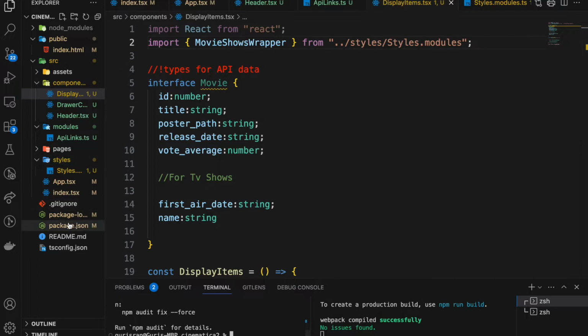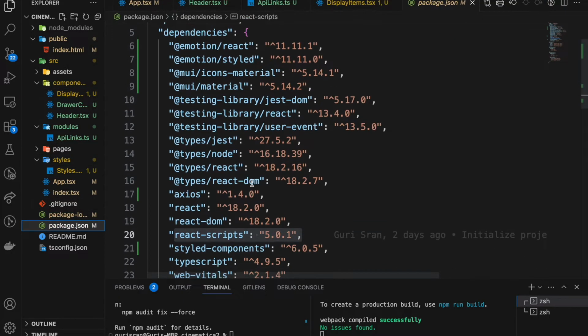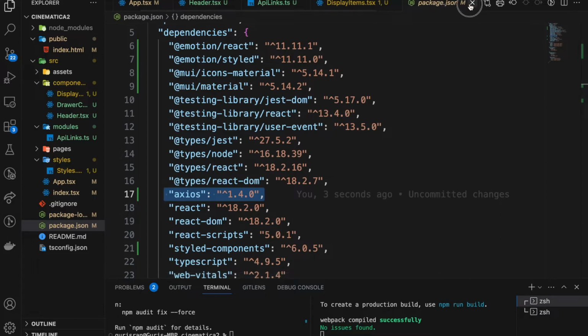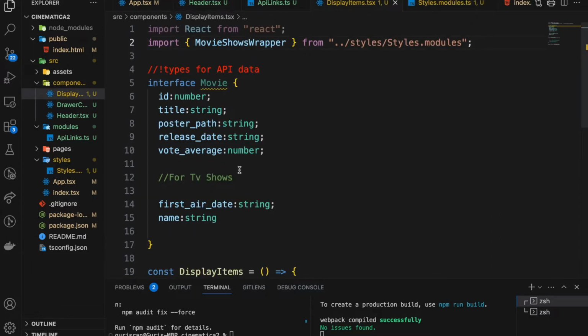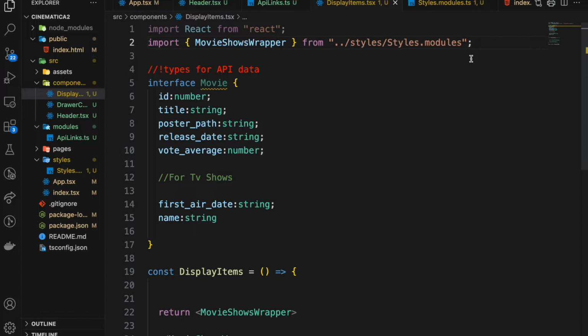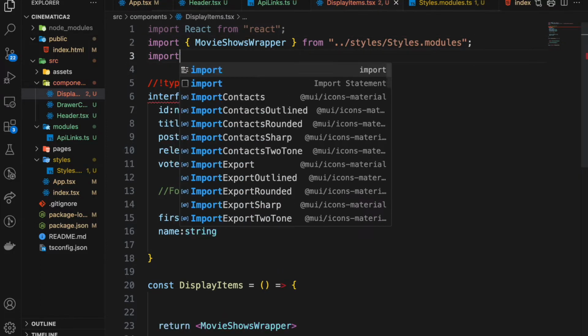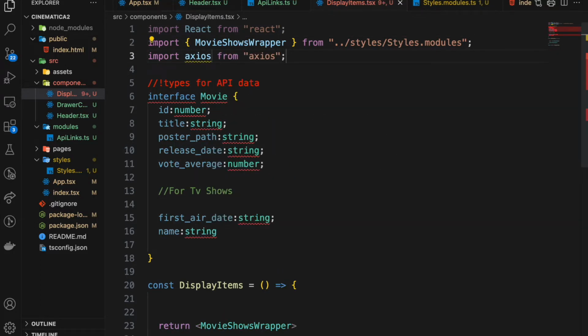Okay, that's been installed quickly. Let's go check the package JSON. We've got version 1.4.0. Now let's hide the terminal, so we have Axios. We can actually import axios from 'axios',